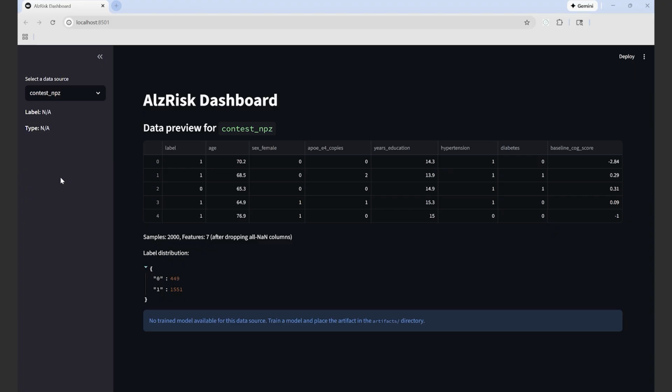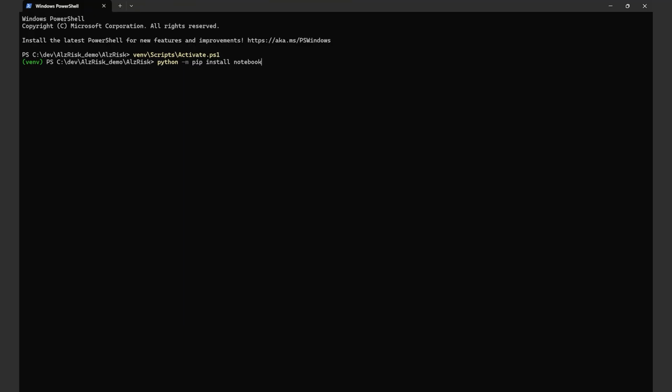For this hackathon submission, we ship only small sample datasets. If a real contest file isn't present, the app seamlessly falls back to synthetic data, so you can still exercise the pipeline. If you prefer a notebook workflow, you can open